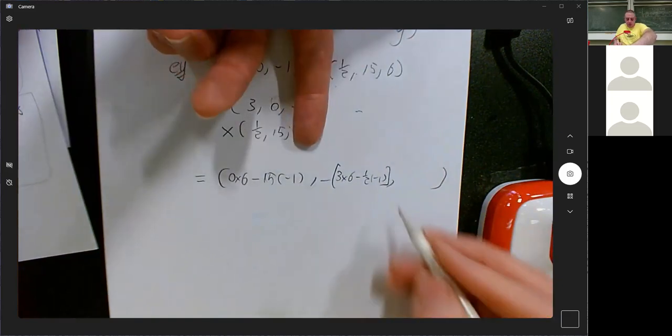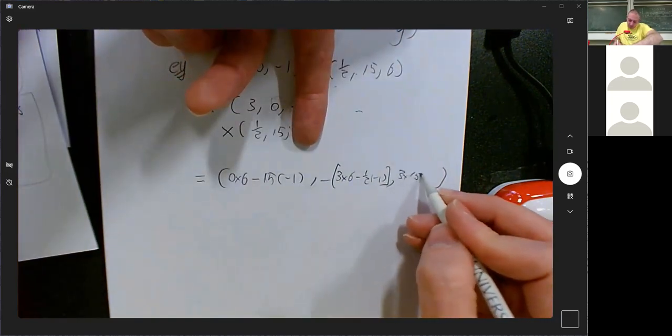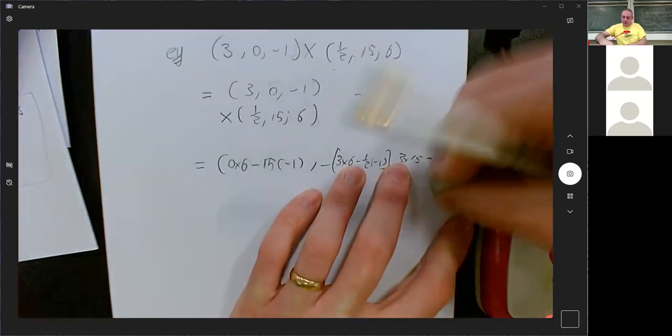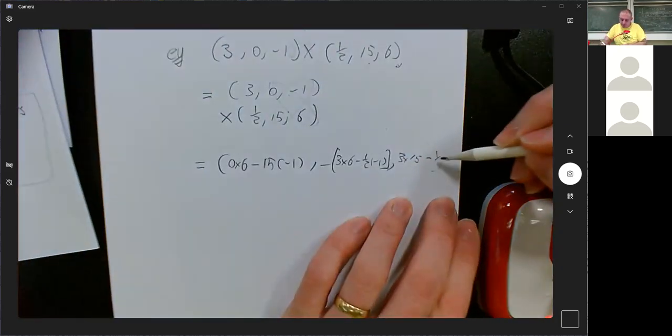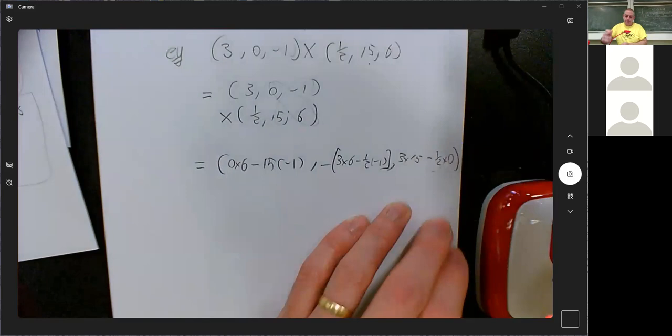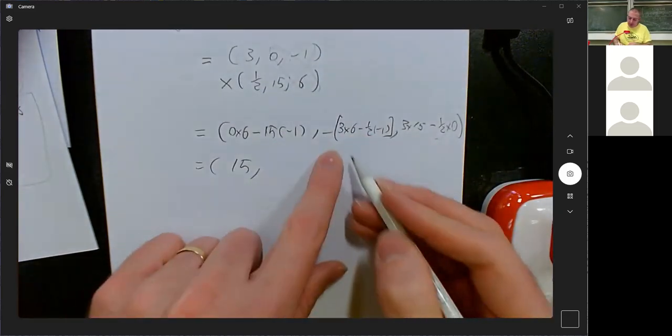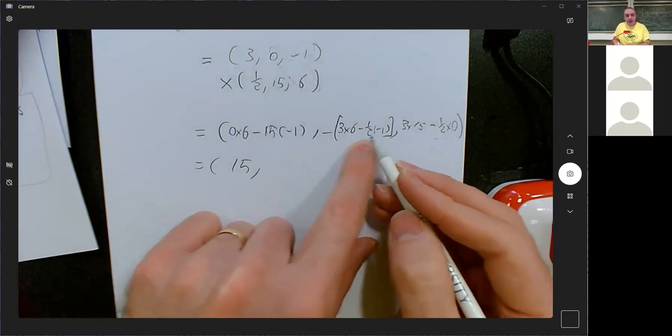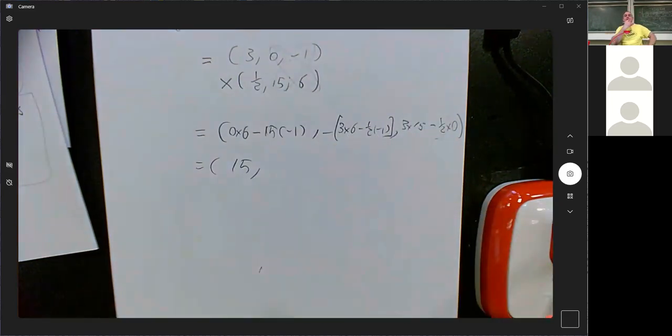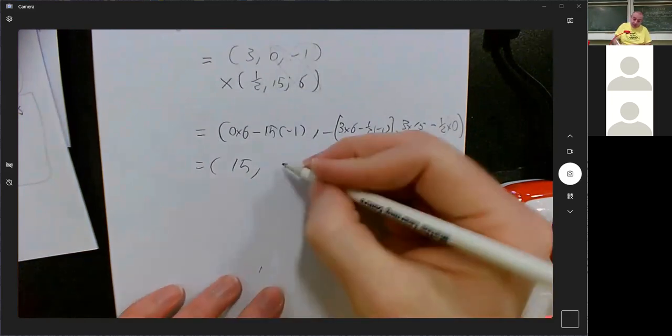And the third coordinate, you'll have 3 times 15 minus 1/2 times 0. And so this one turns out to be 15, 18 plus 1/2, fabulous, 37 halves,